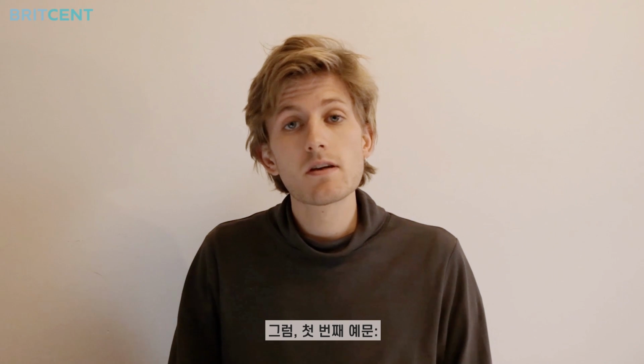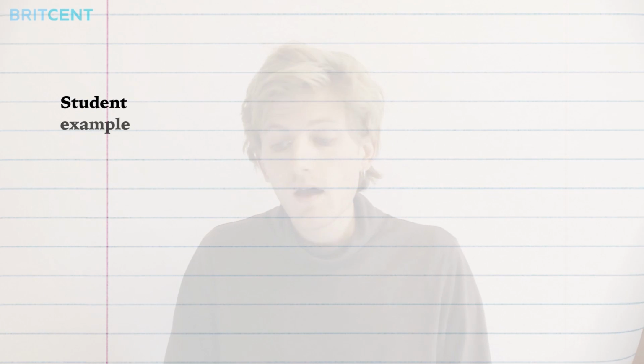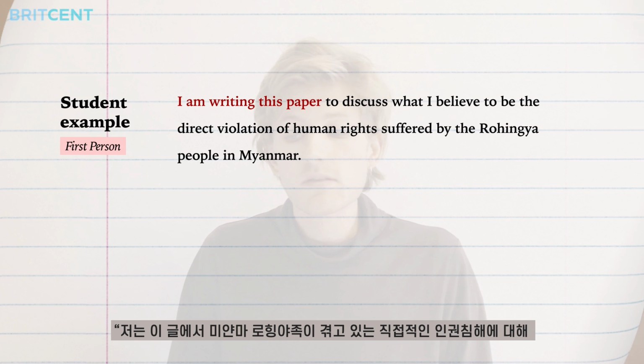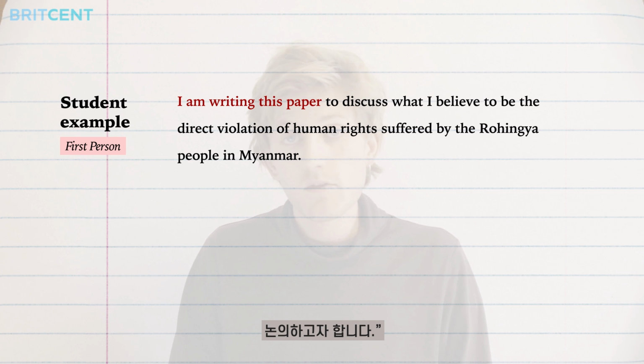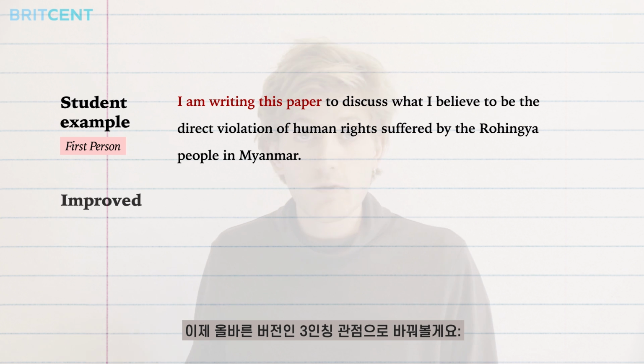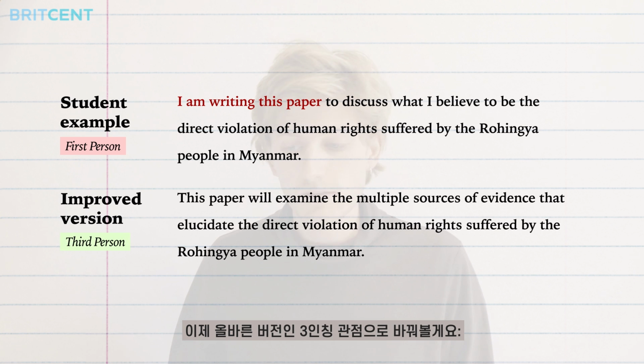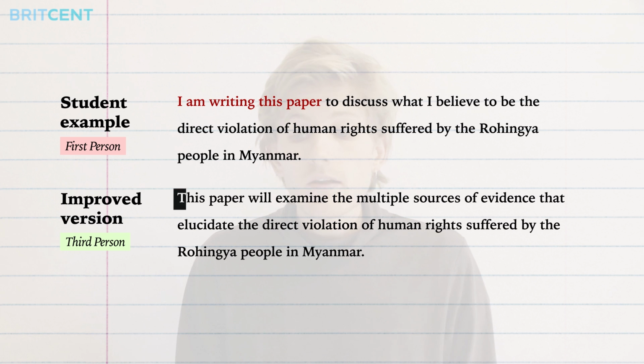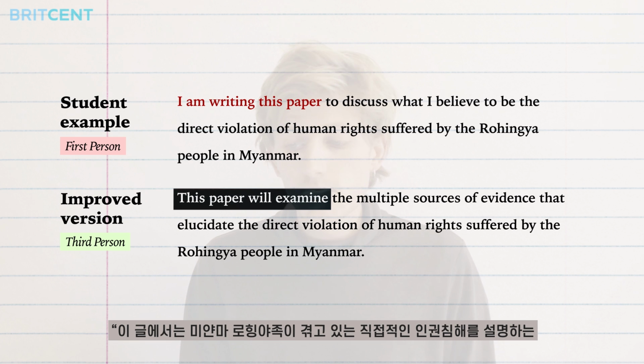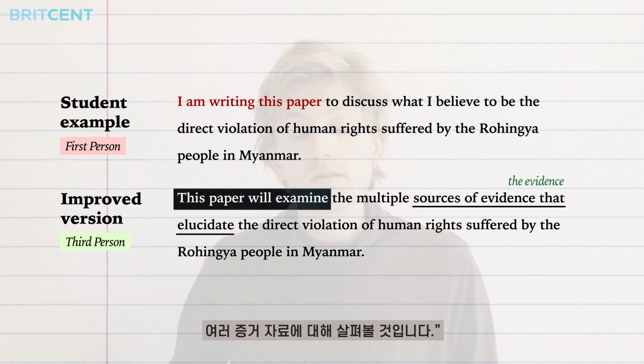Okay, so example number 1. "I'm writing this paper to discuss what I believe to be the direct violation of human rights suffered by the Rohingya people in Myanmar." Now let's say the correct version in the third person perspective. "This paper will examine the multiple sources of evidence that elucidate the direct violation of human rights suffered by the